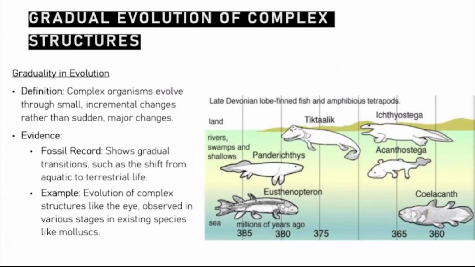Okay, so the gradual evolution of complex structures. What you need to remember when it comes to evolution is that all of these changes happen slowly over time. They're not things that happen straight away and very quickly. They're not big changes, they're small incremental changes. Okay, and scientists are able to research evolution by looking at fossil records, and through these fossil records they can see these gradual changes as these animals adapted from life in water, in aquatic environments, to